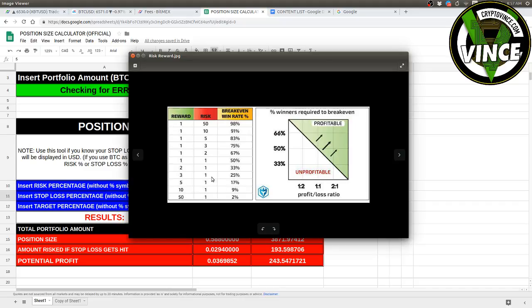Of course, if your risk reward is 1 to 2, your break-even win rate will be 33%. So if you aim for 2 times your risk, you have to win 1 trade out of 3 in order to break even, right? If you aim for a bigger reward, your break-even win rate drops. We will talk later about risk reward versus percentage profit, because it's really tricky,